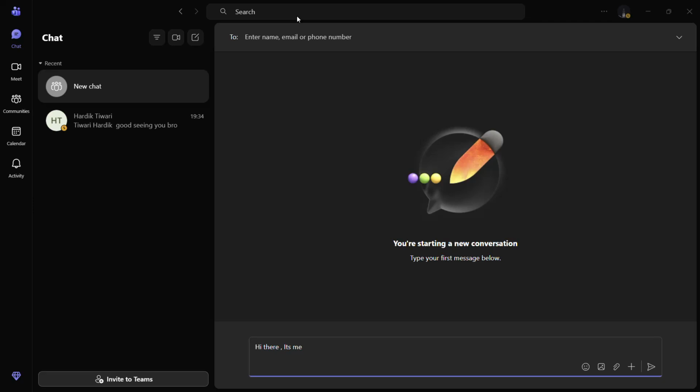How to schedule a meeting directly from the Teams calendar. So hey guys, welcome to this tutorial. In this tutorial, I'll be guiding you through the exact steps on how you can schedule a meeting directly from the Teams calendar. So in order to start, the first thing that we're going to do is simply go to